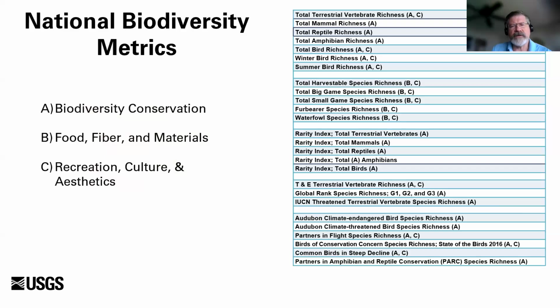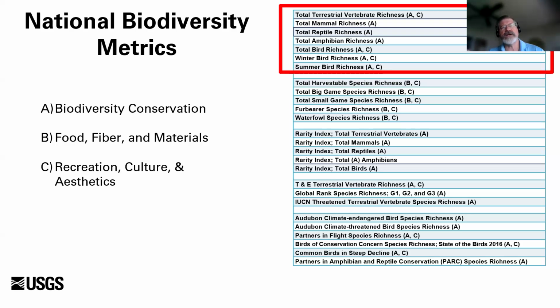So the low-hanging fruit that we tackled first was just trying to come up with, we've got 1,600 models. How can we group these that agencies and private landowners would find as beneficial and would reflect either biodiversity or a specific ecosystem service? And so we grouped those into kind of that whole taxa richness. You can see the multiple taxa. We can break that up into winter or summer bird richness.